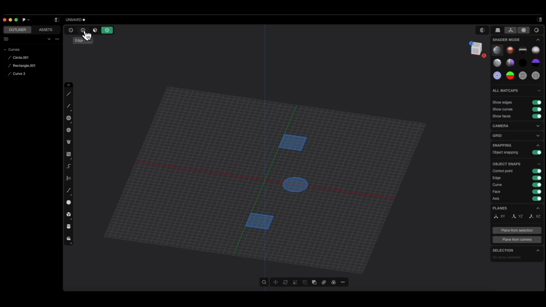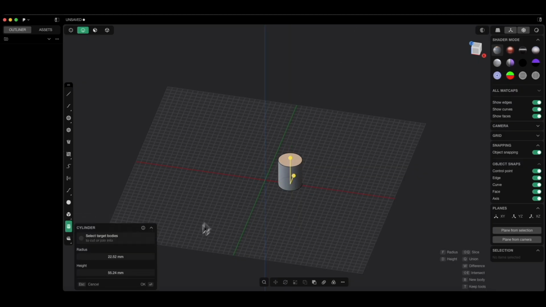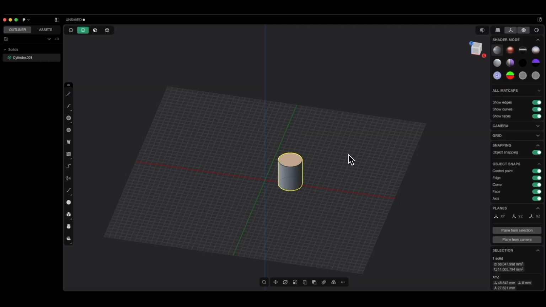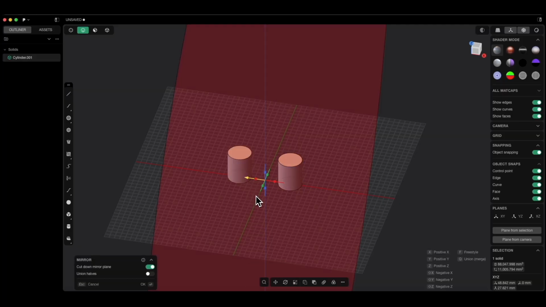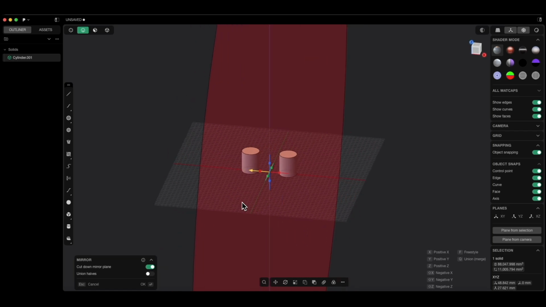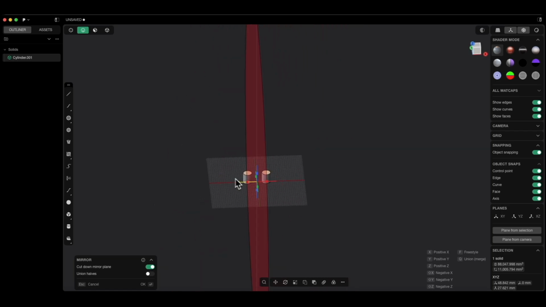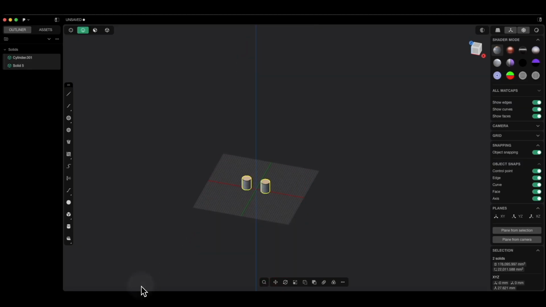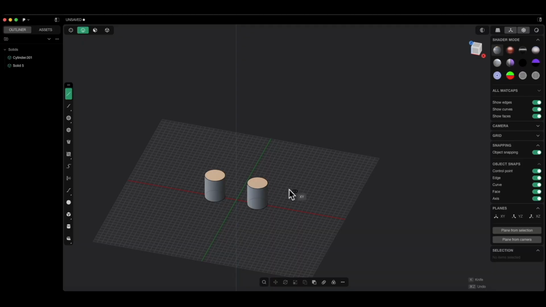Okay, we can also perform this operation on solids. The solid is selected, I activate the mirror operation, and as you can see, the preview shows the mirror plane. That's how it works. As for the mirror plane, we can define it freely. Here I will draw a line. I select the solid,